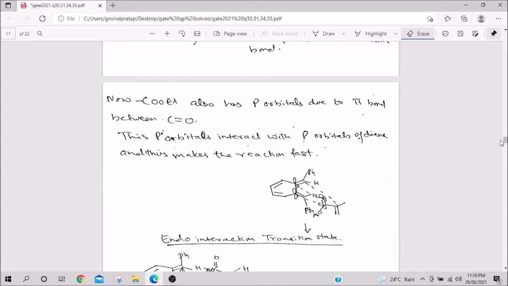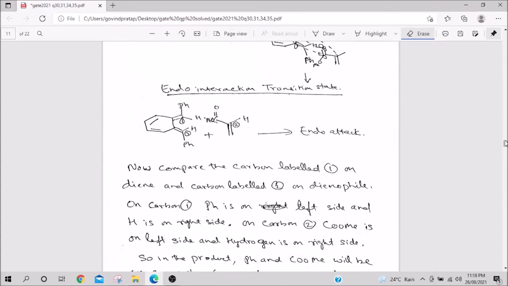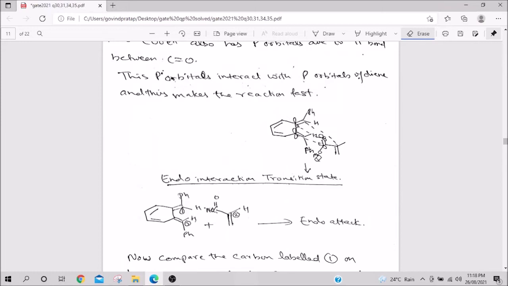And then what happens is, this part is going below. The reaction is like this. If this molecule is top, this molecule is coming from behind the board, behind the screen. So if you look at product, what do you see? See this carbon, H is coming out, pH is behind, right? Here again H is coming out, pH is behind, and this is approaching like this. So what happens? Here H is coming out and COMe is behind.